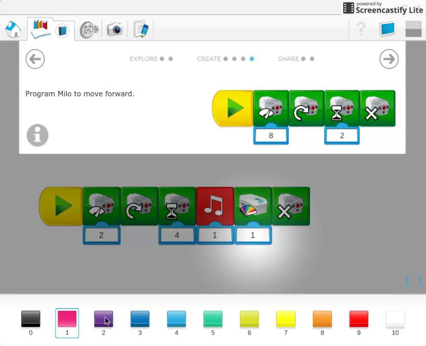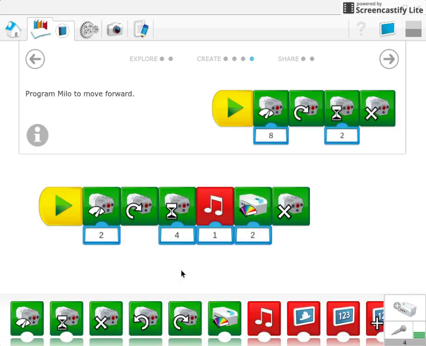If I wanted purple, I could do 2. So anyway, I would hit start. And if I had Milo hooked up, it would go through the program. So if I read this, basically what my program is saying is when I hit the start block, turn my motor on, power of 2, turn the motor this way for 4 seconds, play the sound, choice 1, play color, choice 2, which is purple,